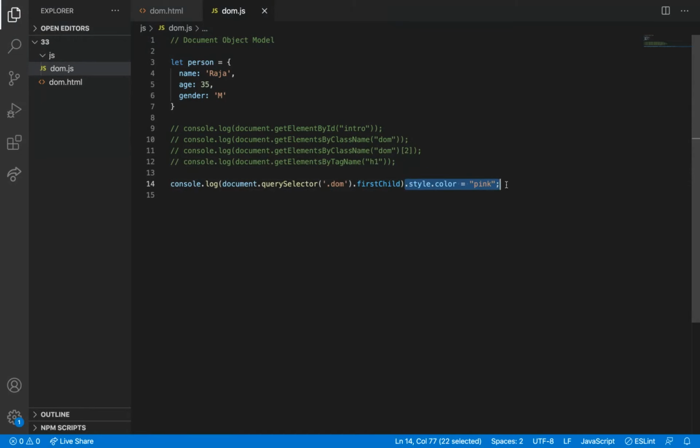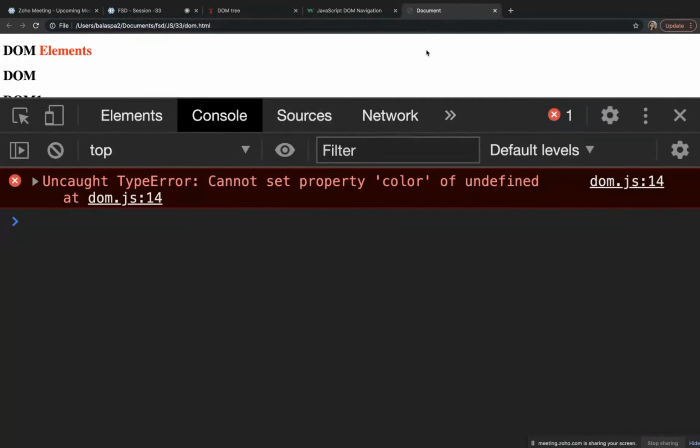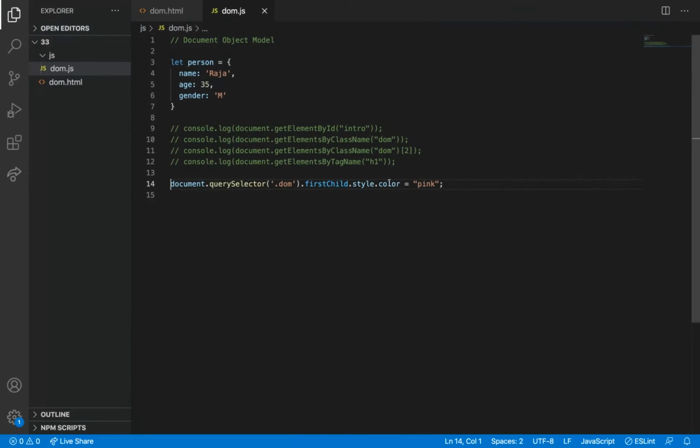First, let me. Color of undefined. Okay. I'll check the syntax of this and then we can see.